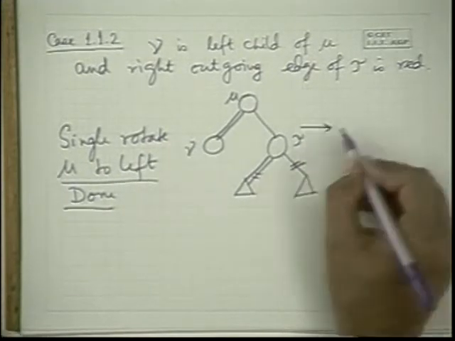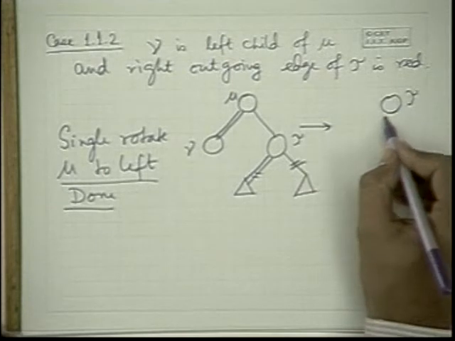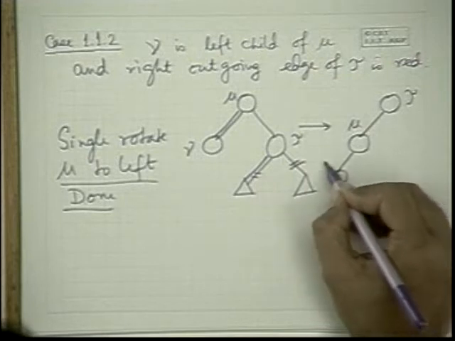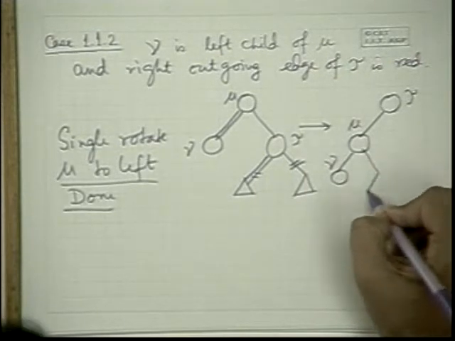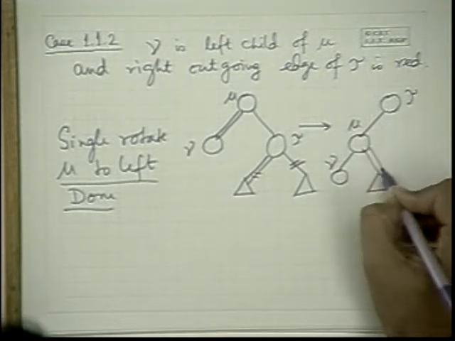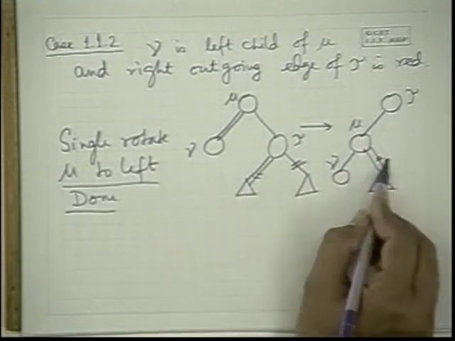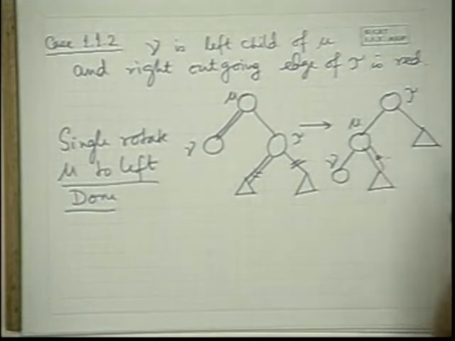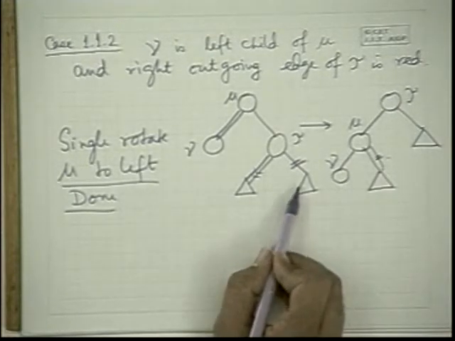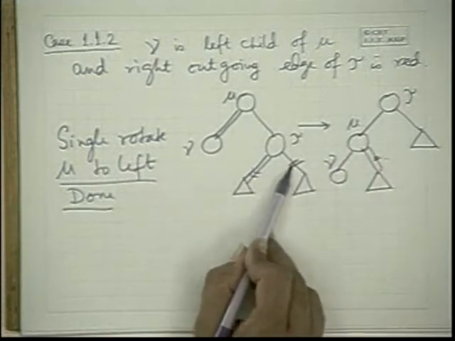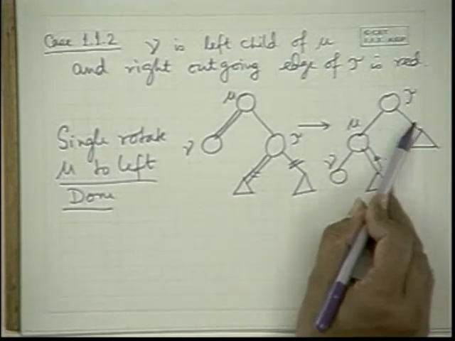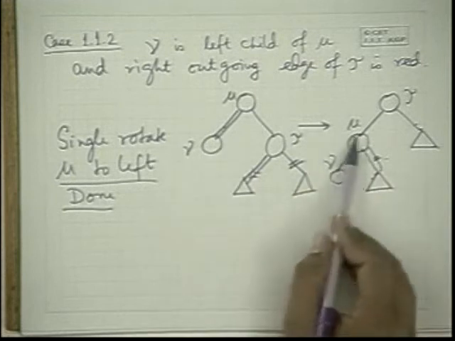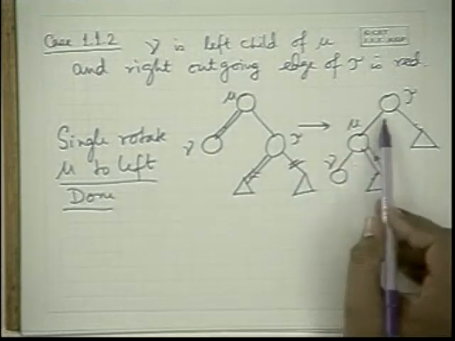So if we single rotate this, tau comes here, mu goes here because it's a left rotation. Then this becomes nu. Now this remains red or black, as it is, and this becomes the right child. So if you left rotate mu, this is the situation, and this becomes black. The double black now goes out, and this remains as it is. Now you can see, since double black has gone by the single rotation, I don't have to move up the tree anymore.